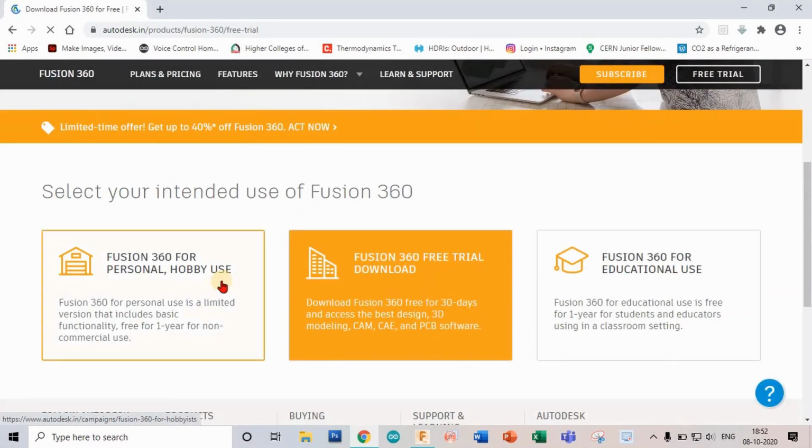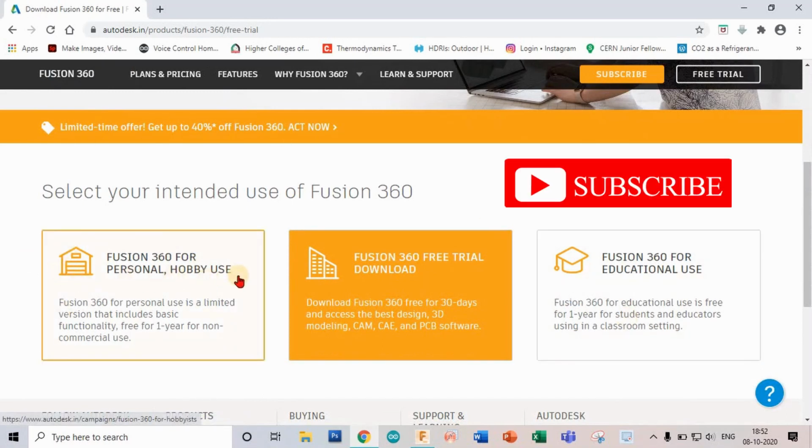Fusion 360 allows you to download the software under 3 different categories. The first one is personal and hobby use, and you can use the software for 1 year and that is free. The second option is a 30 day trial period, and after that you have to pay to use it. The third one is as a student, but you have to upload documents as proof, and that is a lengthy procedure. So I strongly recommend you go with this one. You click this one,